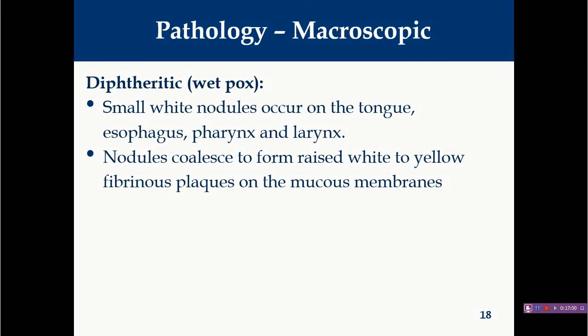In diphtheric form, generally skin is not much involved. Generally, the majority of the lesions are seen in internal organs, and you will find small white nodules in the tongue, esophagus, pharynx, and larynx. And these nodules sometimes coalesce, they mix with each other when they get enlarged. Two nearby nodules become one single large nodule, and this may show yellowish or whitish colors, and it may contain some fibrin material, right? So you will find some fibrino-necrotic and proliferative lesions in the mucous membrane,